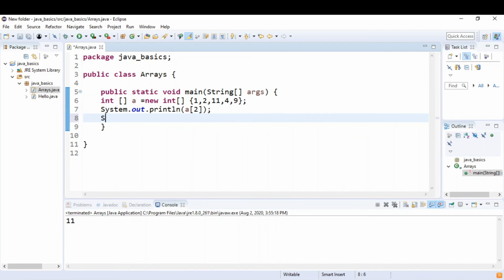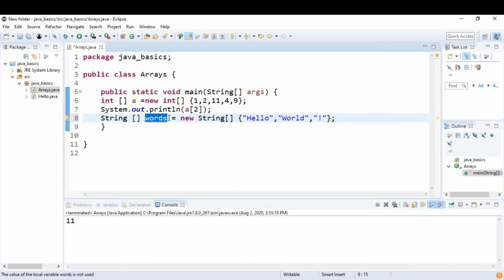We can write String words, and don't forget to put the brackets here, words equals new String, and then we can assign here hello, world, and I'll assign an exclamation mark too, and see.